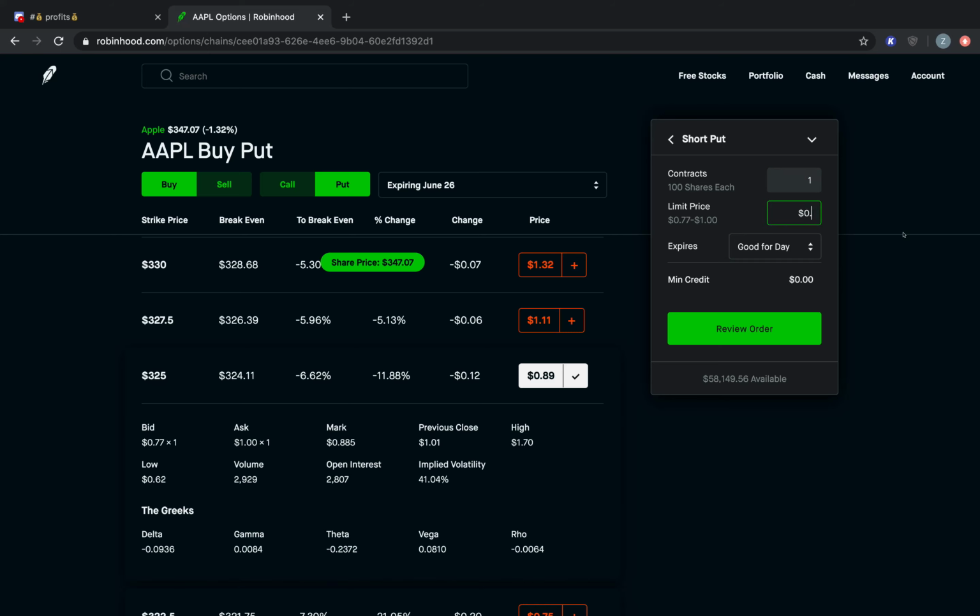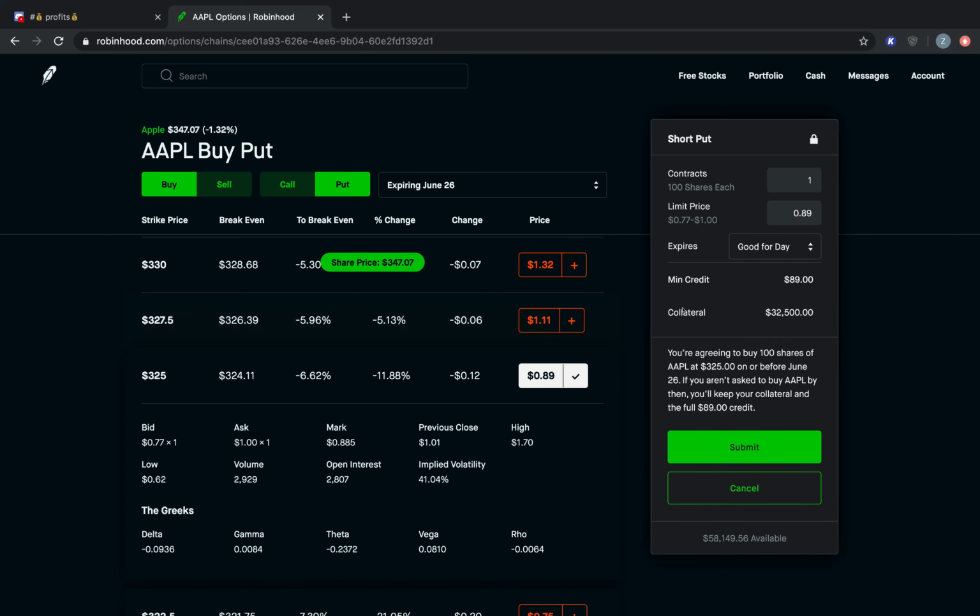Let's say we pull in 89 and we review the order. As you can see, it requires $32,000 of capital. Now, not everyone has that in their account. Most people don't. So in order to collect premium on Apple puts, we can convert this regular short put into